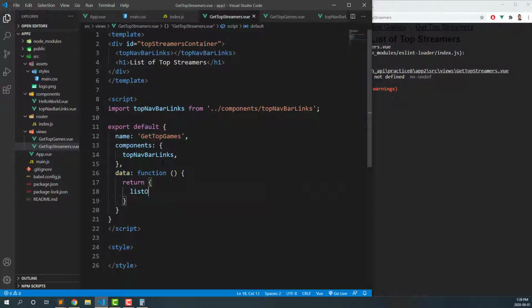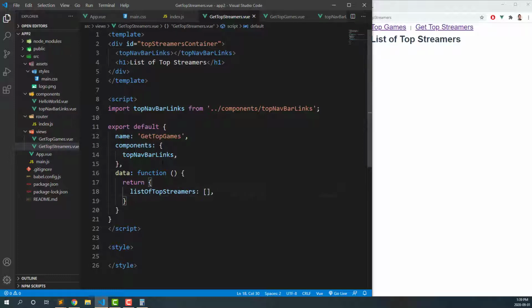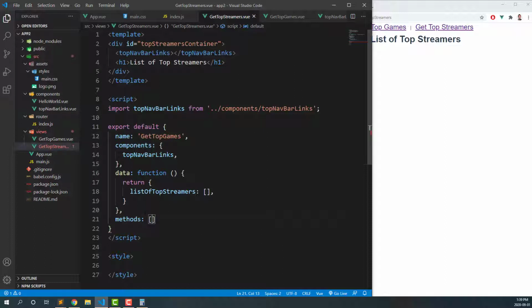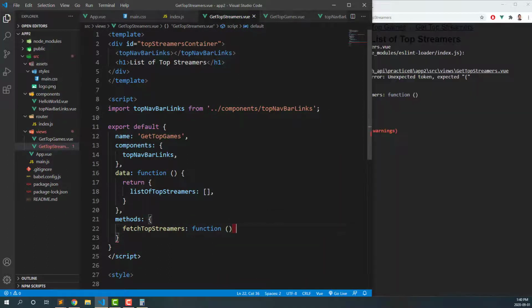Return list of top streamers. You get the gist. We already did this for the games. Now we're going to do it for the streamers. Then we're going to create a method or methods. And we're going to create a function called fetch top streamers. And the function is going to be empty, no variable right now, but once again, we're going to create a pagination